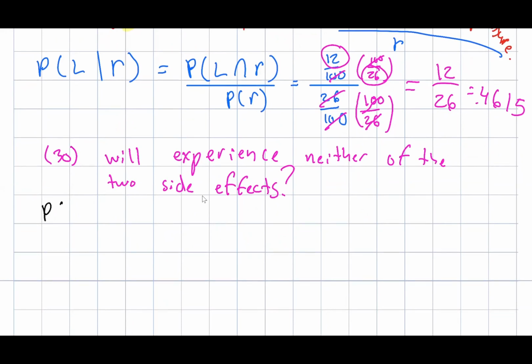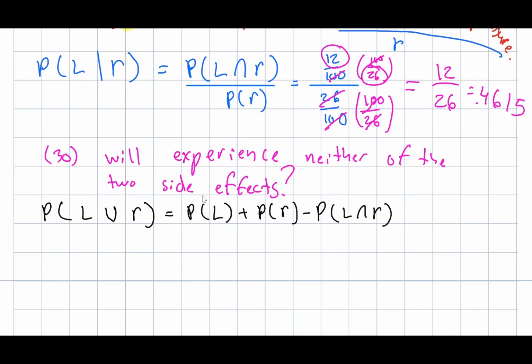So for this one, we're going to find the probability they experience loss of sleep or rise of blood pressure, and then I'm just going to take the complement of that, because we want people who suffer from neither of these two side effects. So we have to find the probability that they suffer from one or both of these side effects, and then do the complement rule. We find the probability they suffer from loss of sleep, added to the probability they suffer from rise of blood pressure, and subtracted by the probability they suffer from both loss of sleep and rise